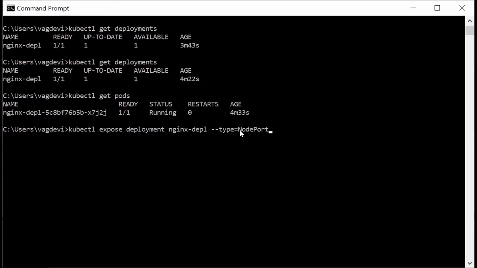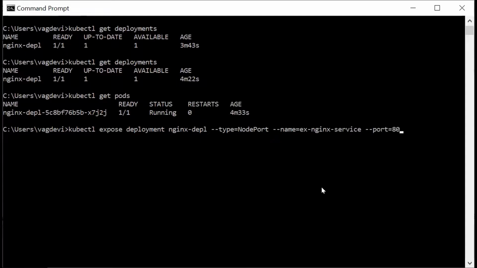Note that N and P should be capital in this type NodePort. Then --name=example-nginx-service. We could give anything. Then --port=80.